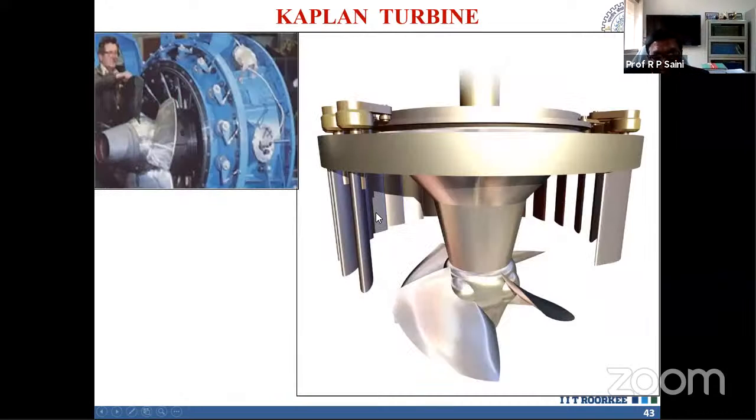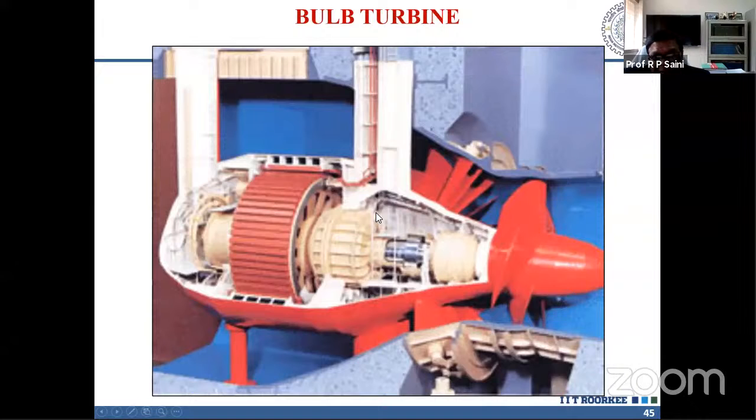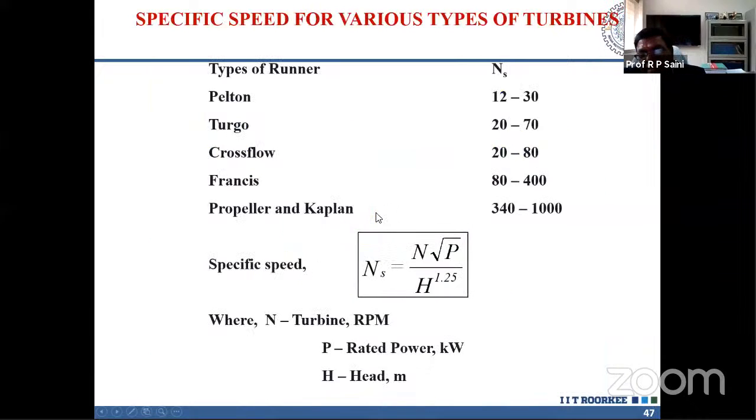So now let me give one simple exercise on how you will decide the different types of turbine. In this case, just consider only Pelton, Francis, and Kaplan. The other two types, the turgo impulse and the cross flow turbine, we call non-conventional turbines, which are suitable for lower capacity, say a few kilowatts or 100 kilowatts, not megawatts. But the Pelton, Francis, and Kaplan are recommended for the largest capacities. These are the conventional turbines.